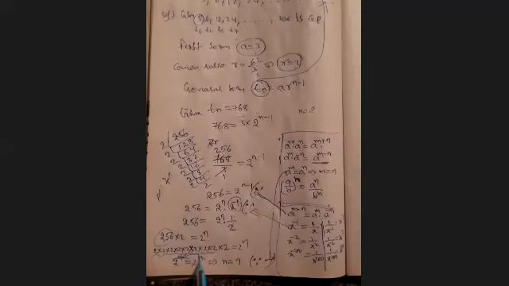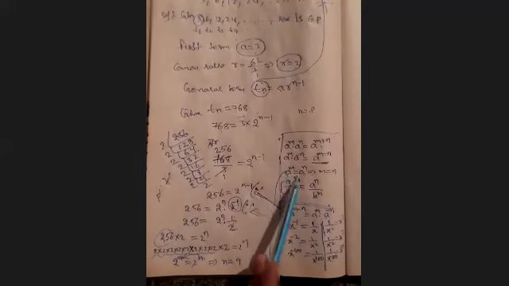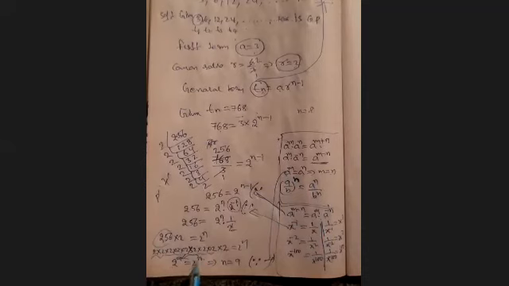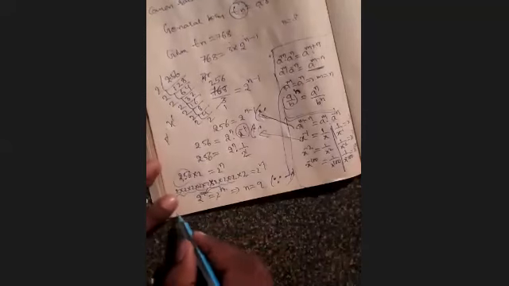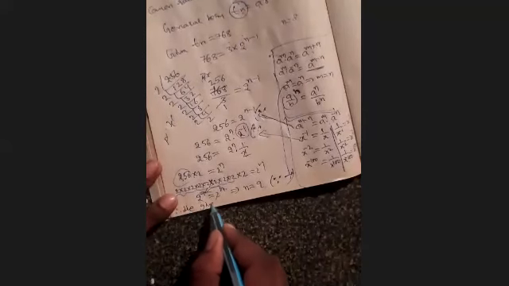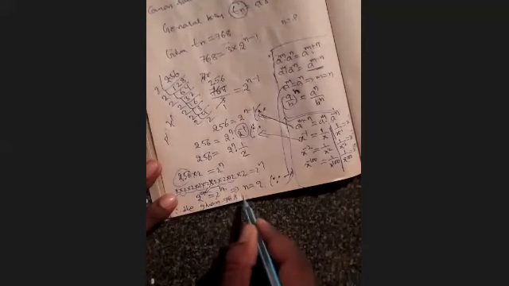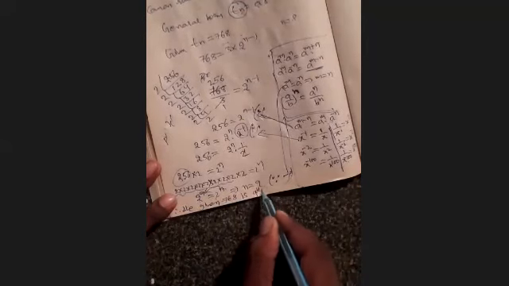Now, a power m is equal to a power n formula we have now. A power m is equal to a power n. Then m equal to n kada. Then m equal to n means n equal to 9. So, the term which is given 768 is which term? Ninth term. The lastly we have to write what? Therefore, the given 768 is ninth term. That is the solution for this question. Okay, this is the solution for this question.